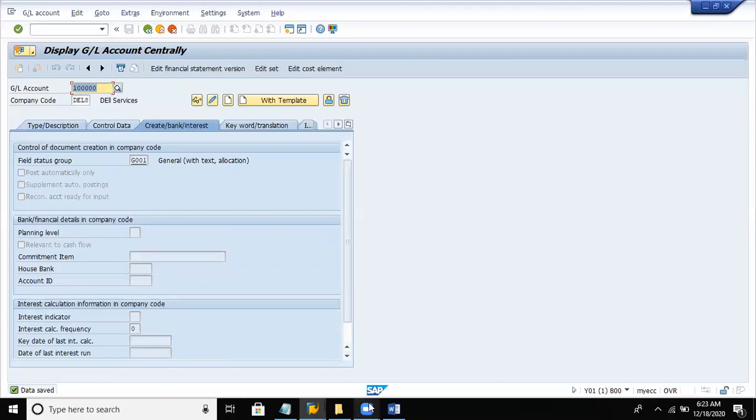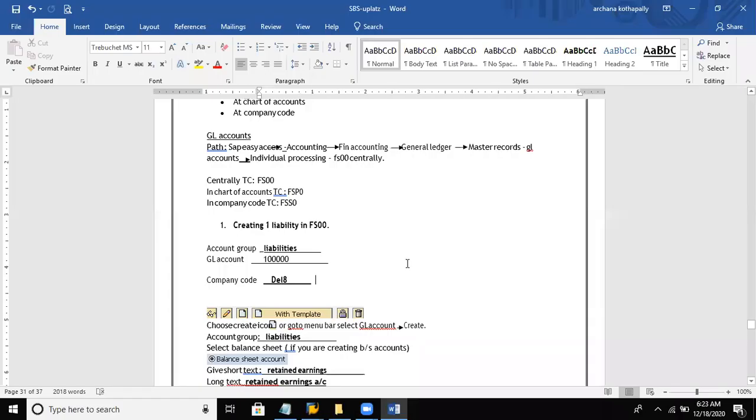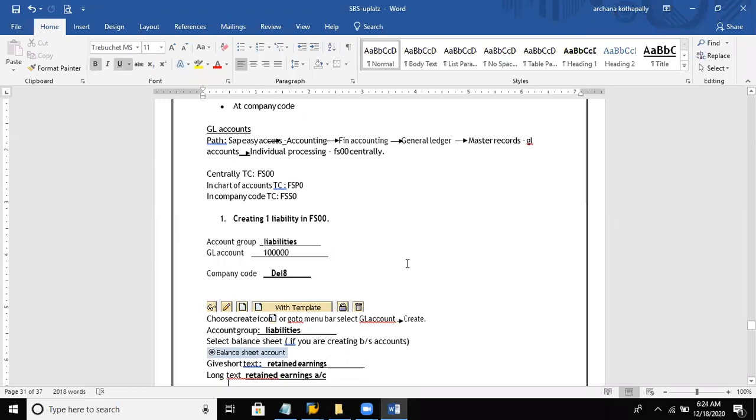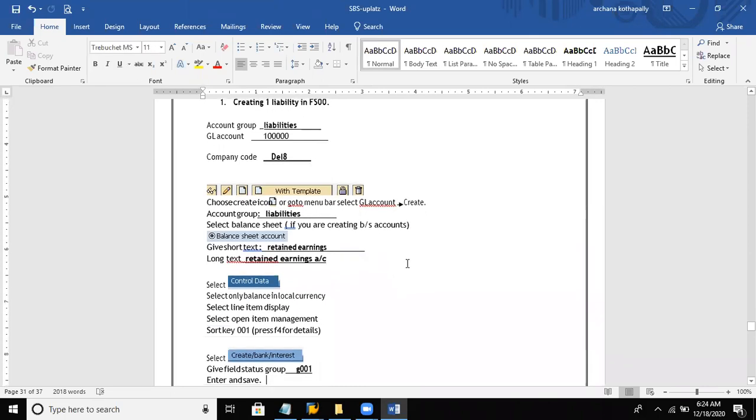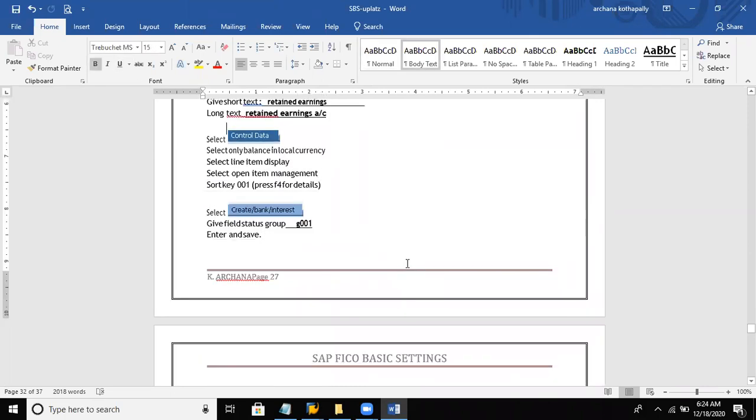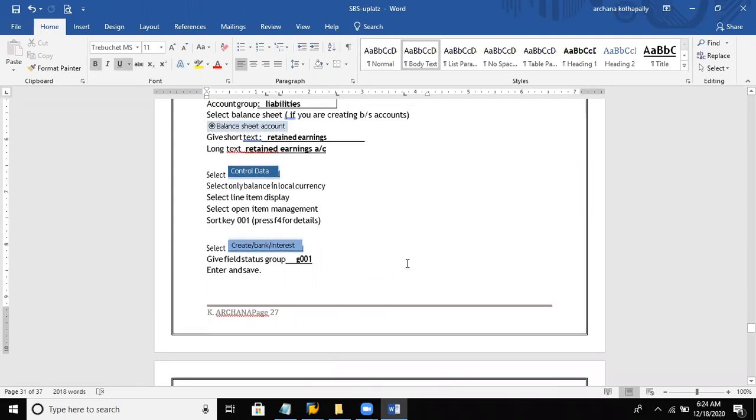We have created the account group liabilities, account number, company code, chosen the create icon, selected balance sheet account, short text, long text, and on the control data tab selected only balances in local currency, open item management, line item display, sort key, and field status group G001, right?